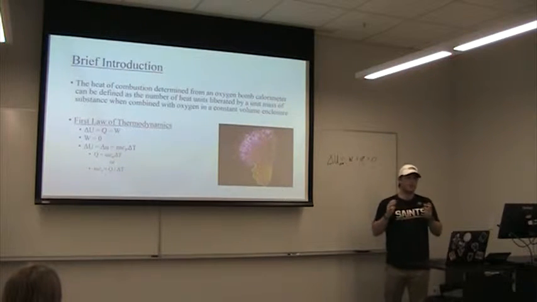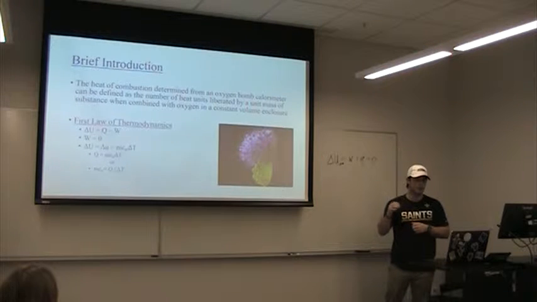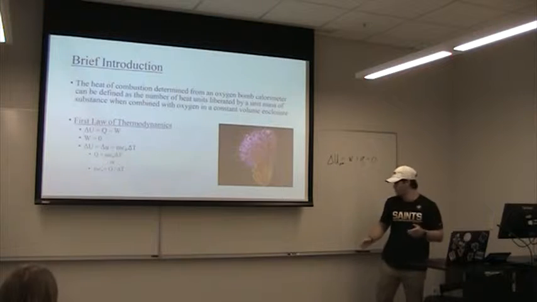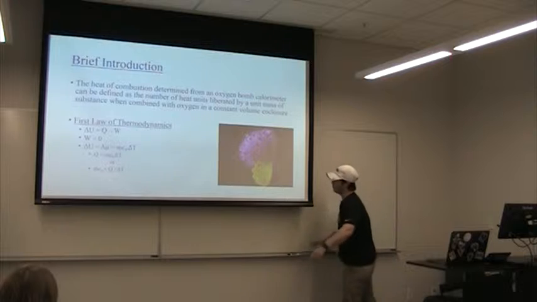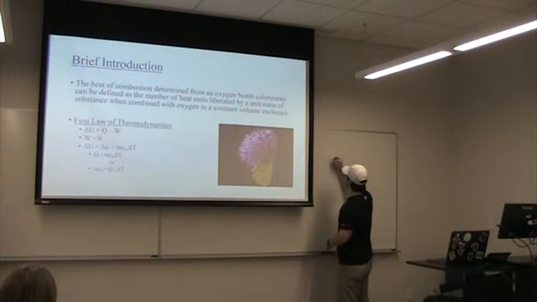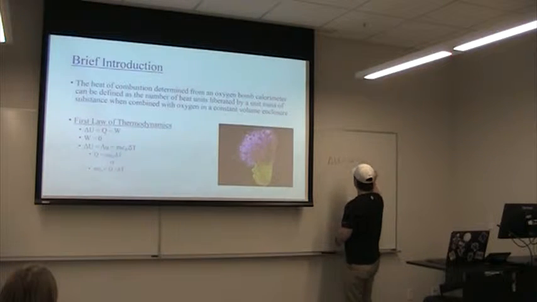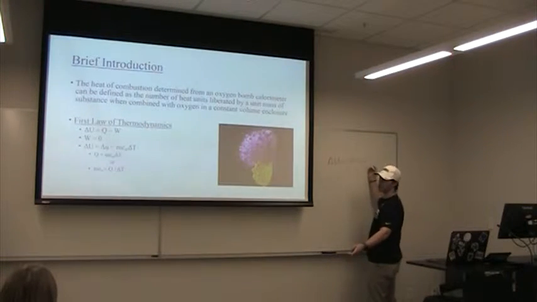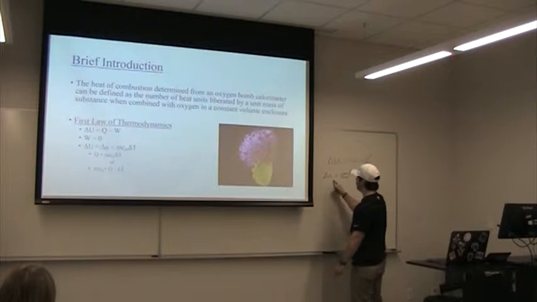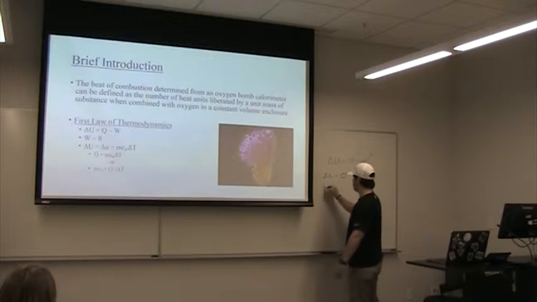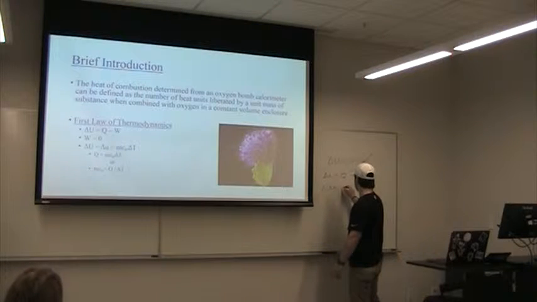And so if we take this experiment and we look at the calorimeter minus the fuel as our thermodynamic system, we can then use the first law of thermodynamics, and I'll explain that a little. We can start with the first law. We can say that we're not doing any work here, so work is 0, and then it comes out to be delta U equals Q. And so what is delta U? Delta U is,